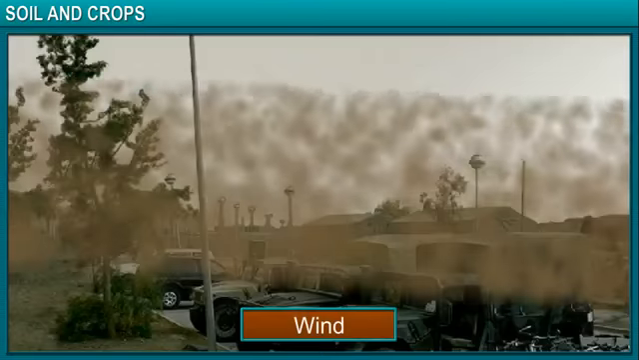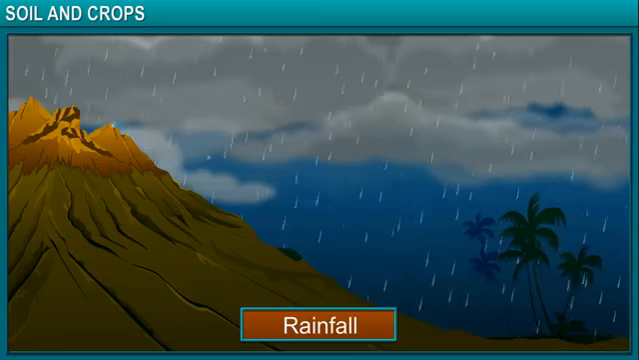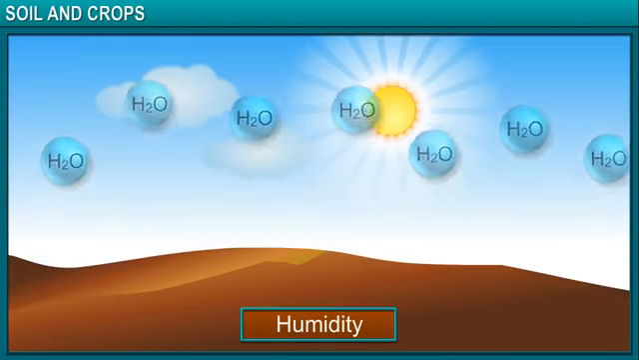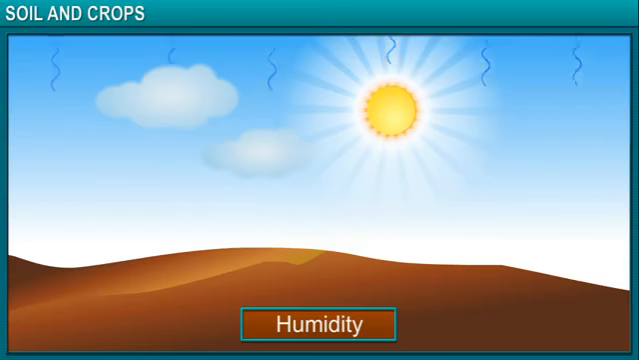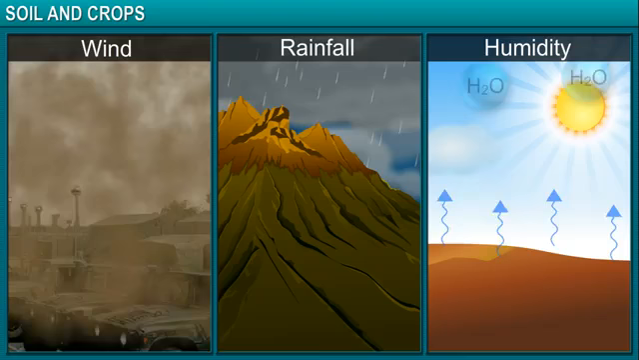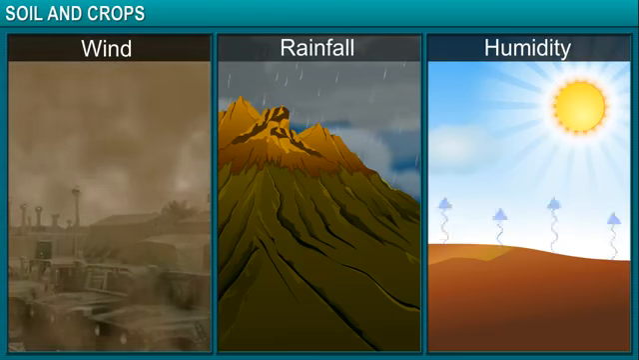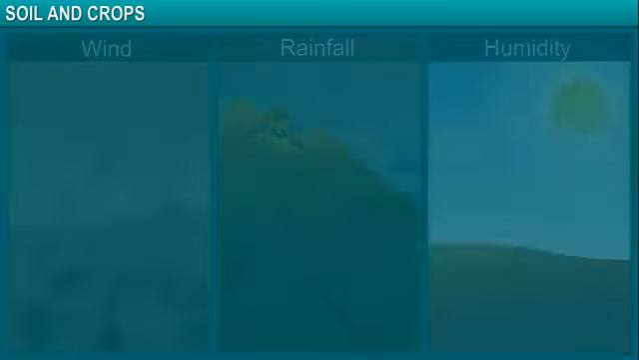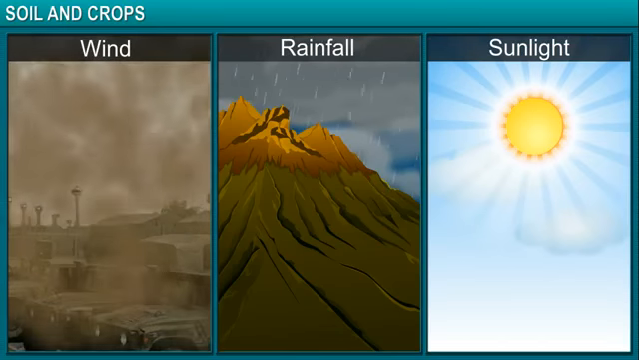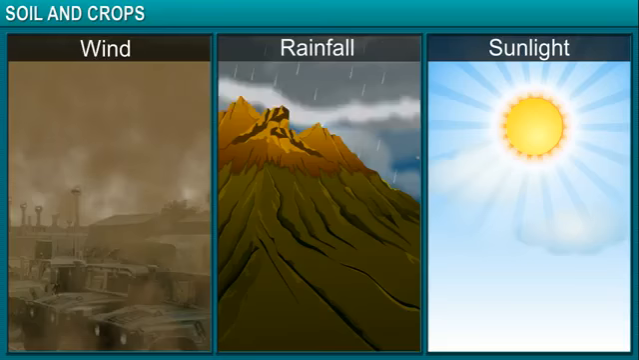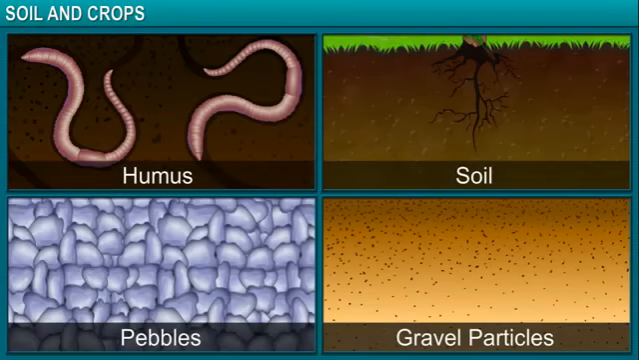Soil is affected by wind, rainfall, and humidity. These affect the soil profile and are responsible for changes in the soil. In addition, climatic factors as well as the components of the soil determine the types of vegetation and crops that grow in